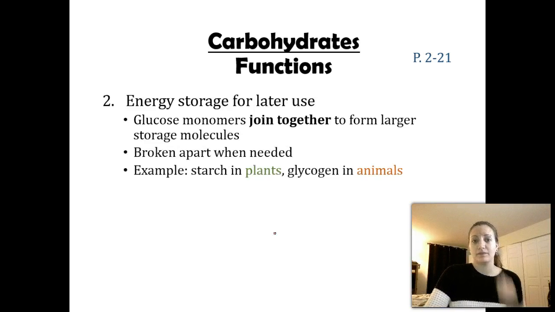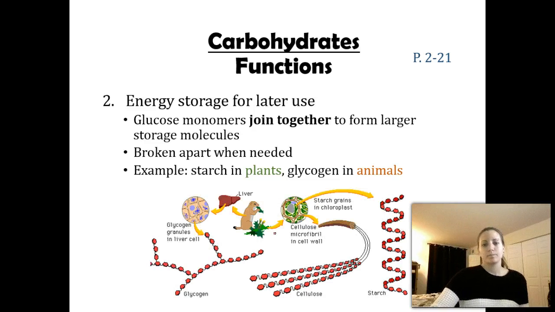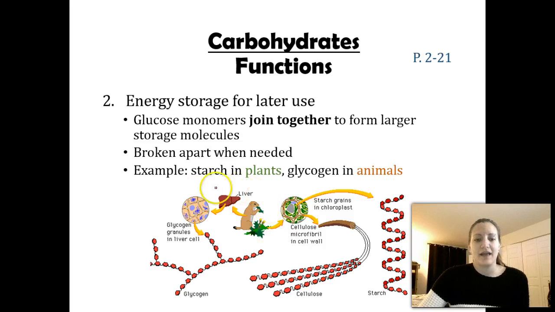Another example is cellulose. Now animals can't make these, so know that animals cannot make starch. However, we do also link glucose together. We link glucose in these chains and these branching forms called glycogen. So down here I have an example of all three of these. Here, I guess this is a groundhog, and this right here is a glycogen chain. Each one of these red circles represents one glucose monomer, and they link together, and this is used for